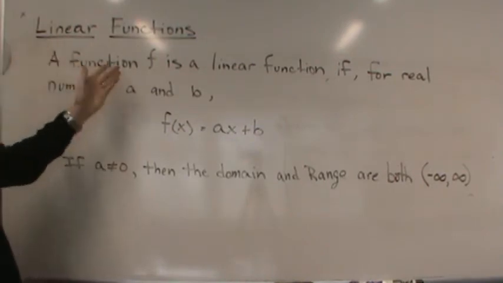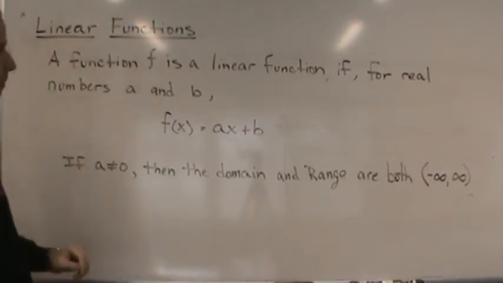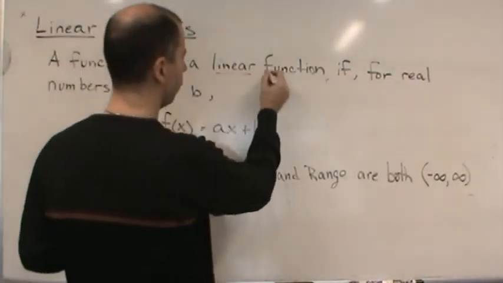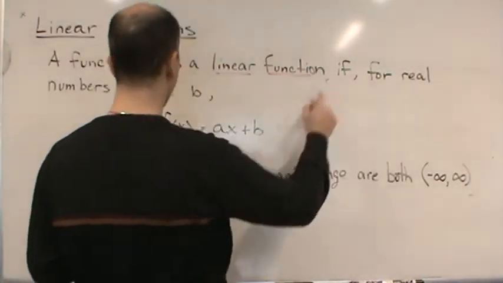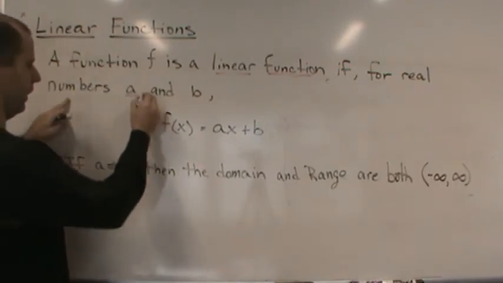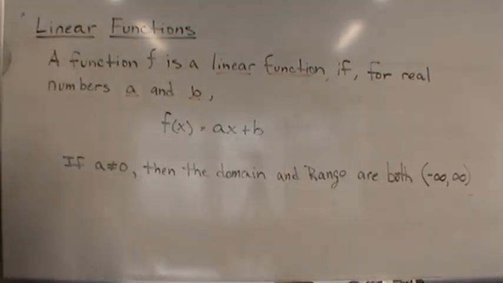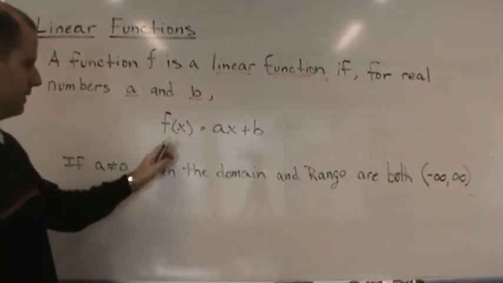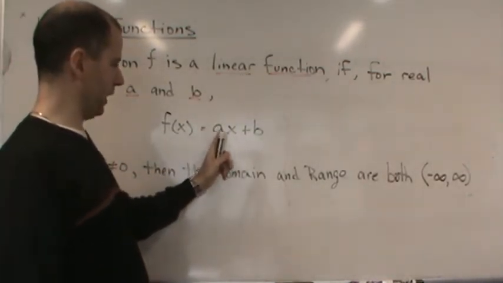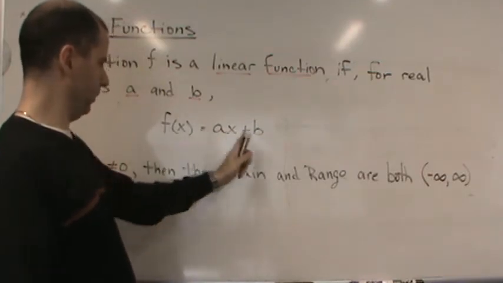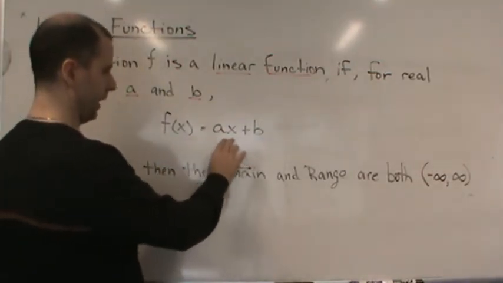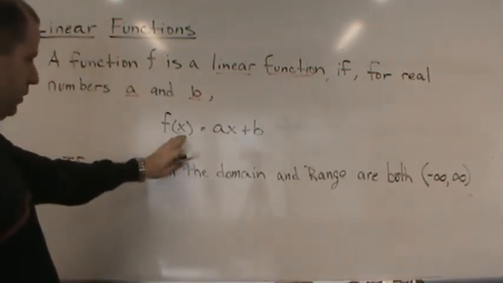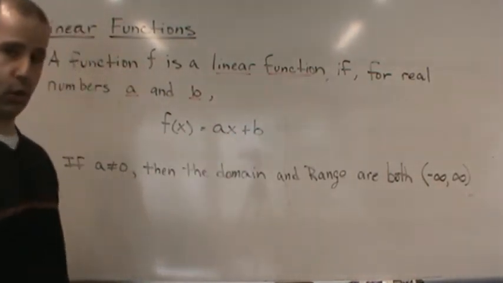So a linear function. If we have a function f, we're going to say that the function is a linear function if for real numbers a and b, we have this relationship. Okay? If it has this relationship, if we can find real numbers a and b such that this is true, right? f of x can be defined this way, or in other words, if we could put the function in this form,